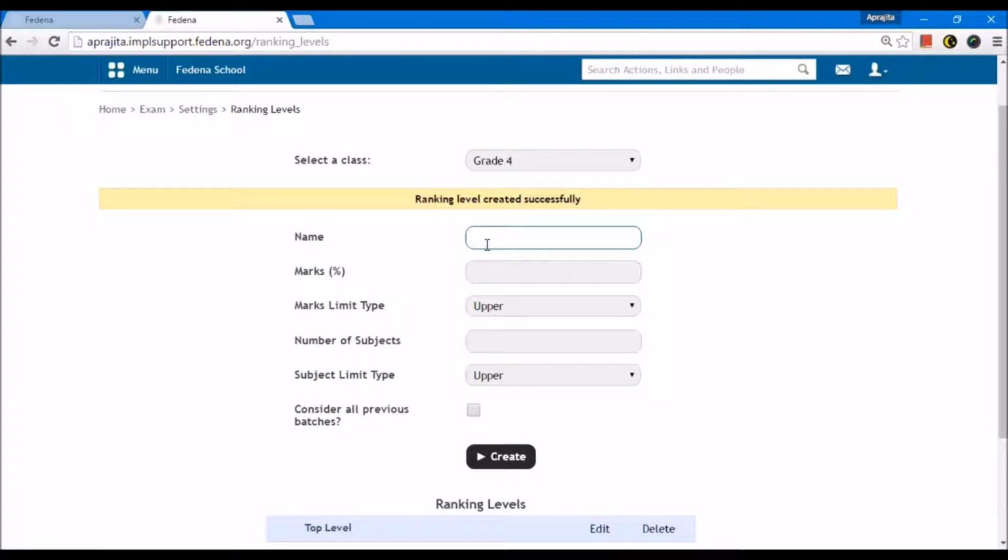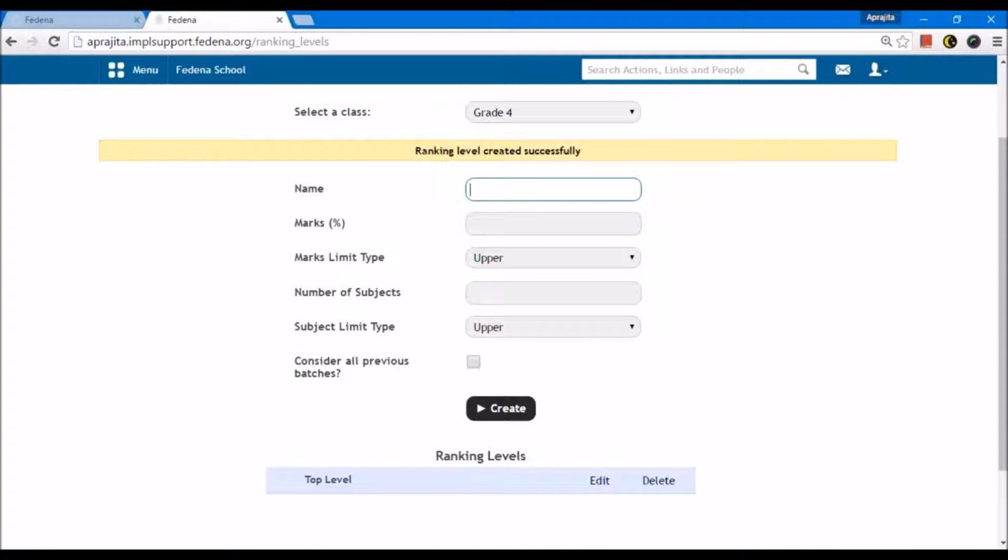Let me create one more. Let's say I give the name of the criteria as failed students. So in grade 4, the failed students will be the ones who have marks which is 40 and below, which means upper limit in this case. Now, let's say this grade 4 has 5 subjects.